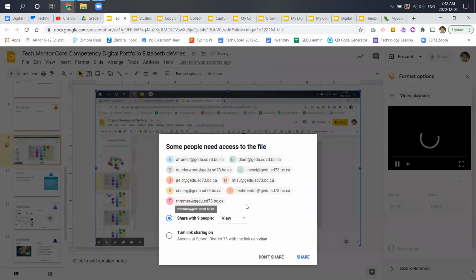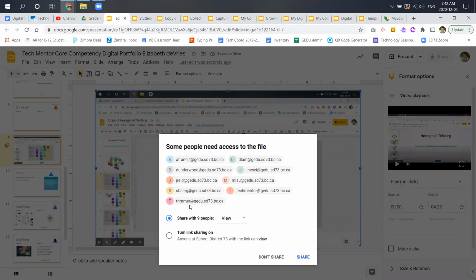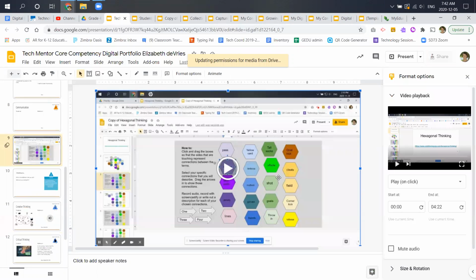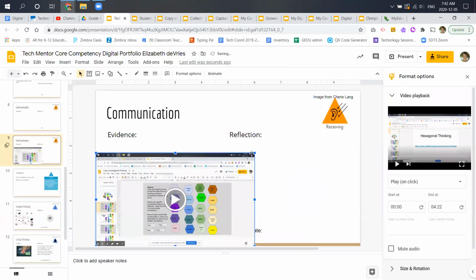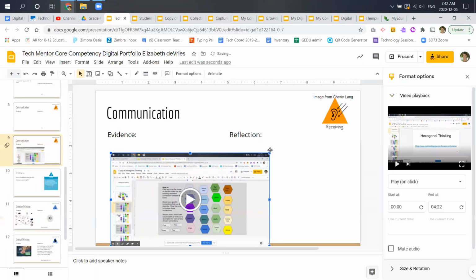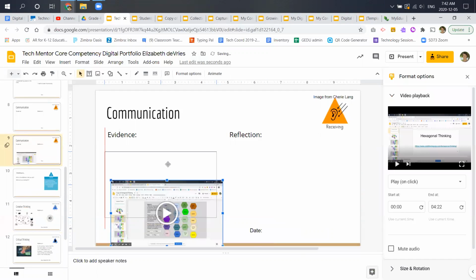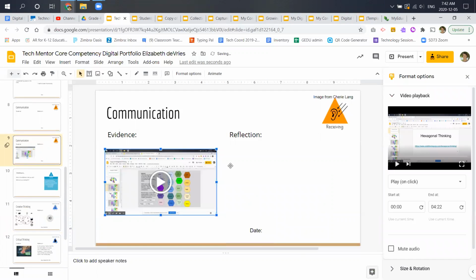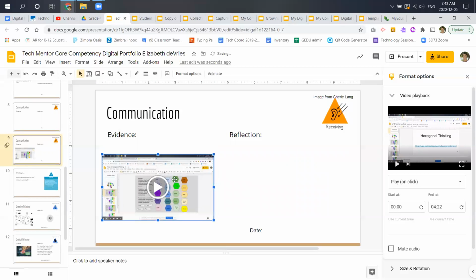I can insert a video, so I need to make sure that I've got access to it. Okay, I'm going to share that. Put the video here. So that's just that reminder again about sharing settings. This specific template is in a spot where those individuals need to have access to it, so I'll fix that in a minute. But for the purposes of this portfolio, you would have already updated the sharing settings,